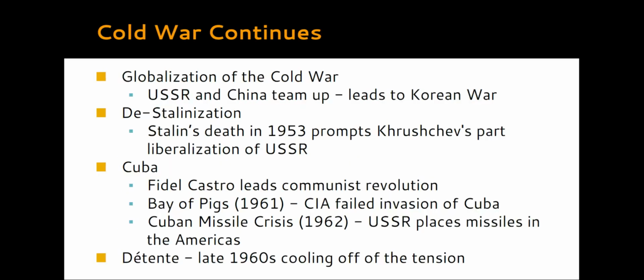This is kind of where we're going to talk about the Cold War, kind of how it goes in the early 50s and 60s. We will discuss more of it during decolonization. Later on, the USSR and China are now going to team up as we see Mao Zedong in power in China. This is going to lead to the Korean War as they are both trying to help the Korean Peninsula in turning communist. The United States doesn't want that. Remember, we're talking about containing it in its tracks, and that's part of why they will try to go and help Korea, and we end up with Korea being kind of split in half.